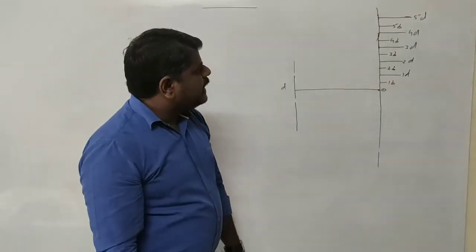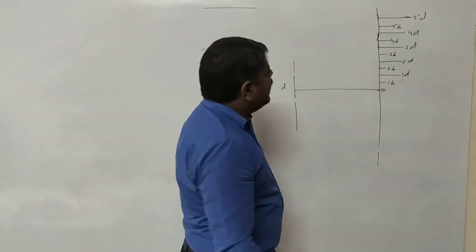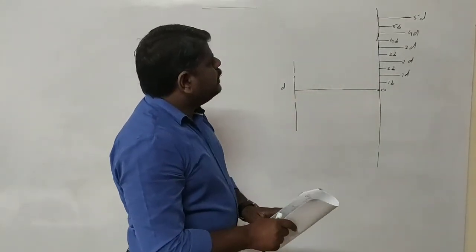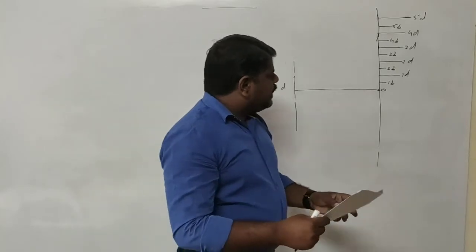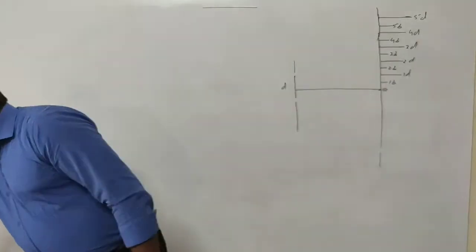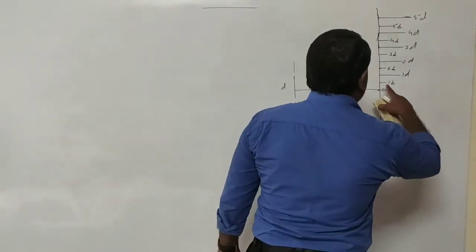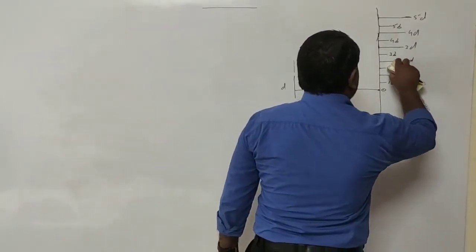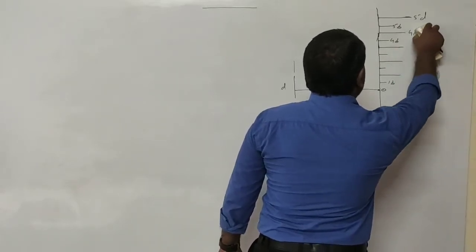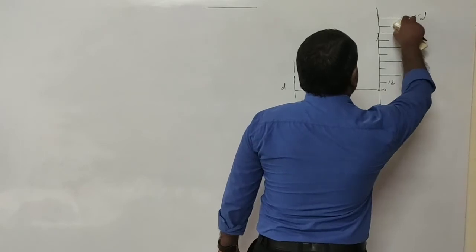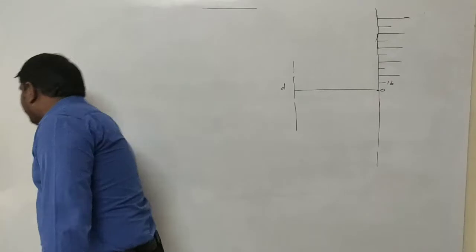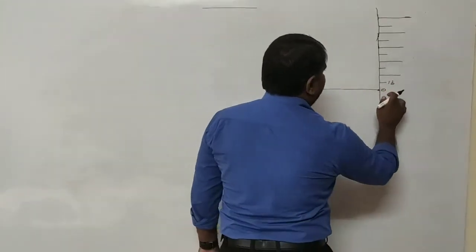Okay, these values are given to you in the problem. When I refer to the problem here, fifth bright band and fifth dark band, just a minute, we are a little bit wrong here. After the central bright band we are going to get the dark band now. So these are the different values you are going to have here, because after the central bright band you are going to get the dark band.